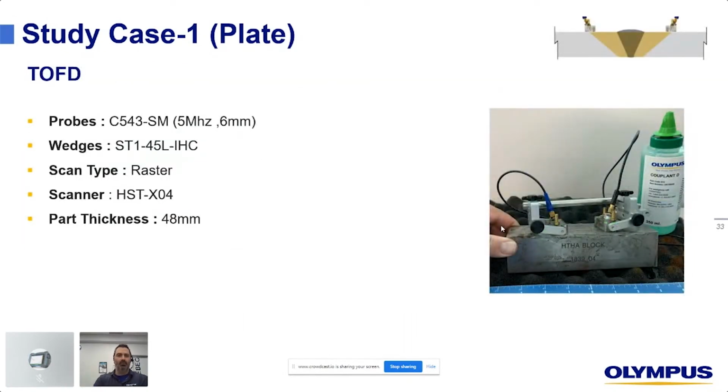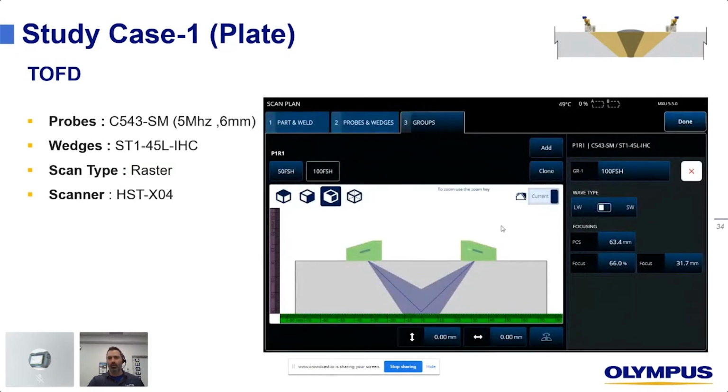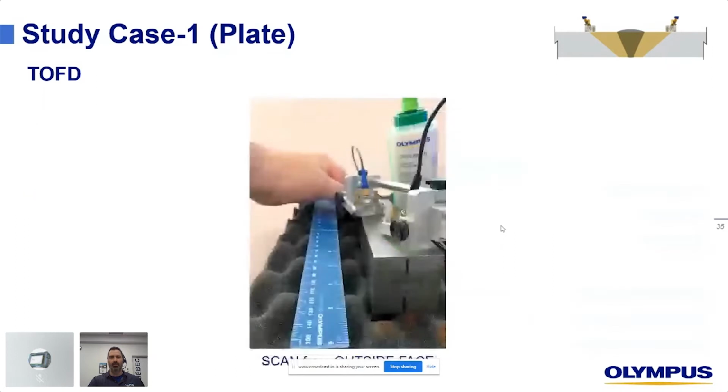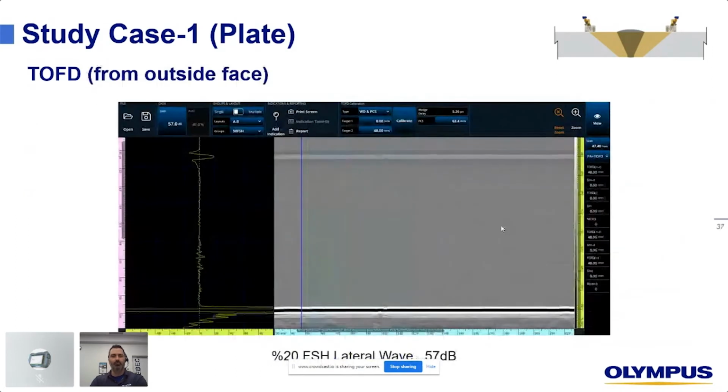So test number 1, TOFD, time of flight diffraction. Once the setup is done, that will be your basic setup with the lateral wave at 20% full screen height.